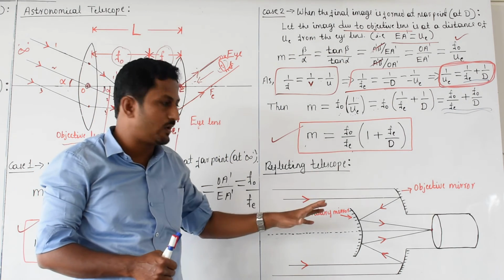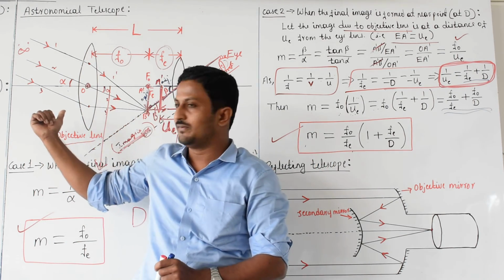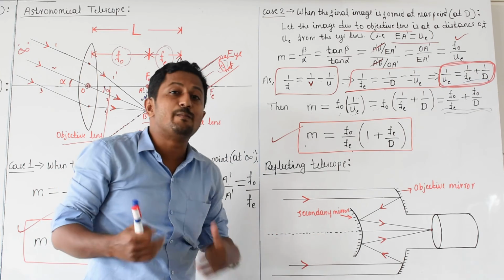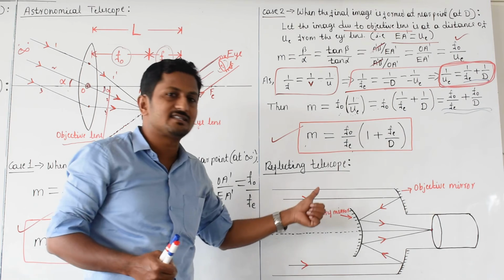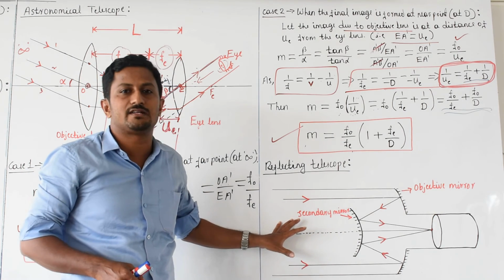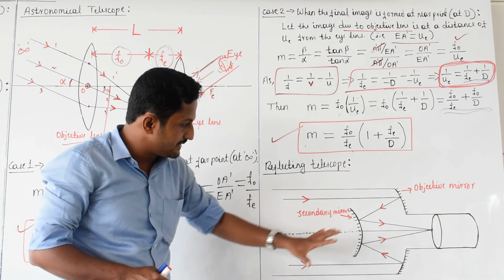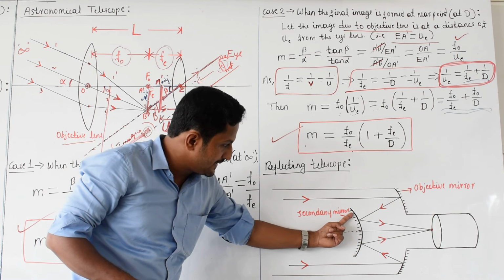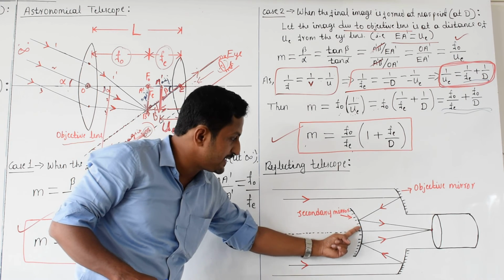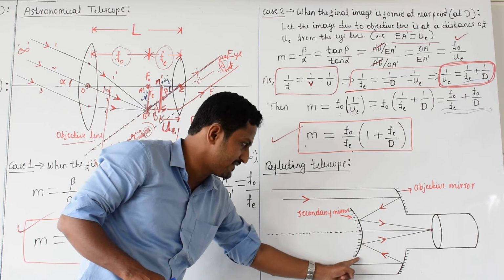That we call a reflecting telescope. In place of a bigger objective lens, they use a mirror. So we call it a reflecting telescope. This is a reflecting telescope. Concentrate here. Look at this one. See, in this one, here there is a mirror. This is a mirror. Okay, convex mirror. This side is painted, that side is reflecting.